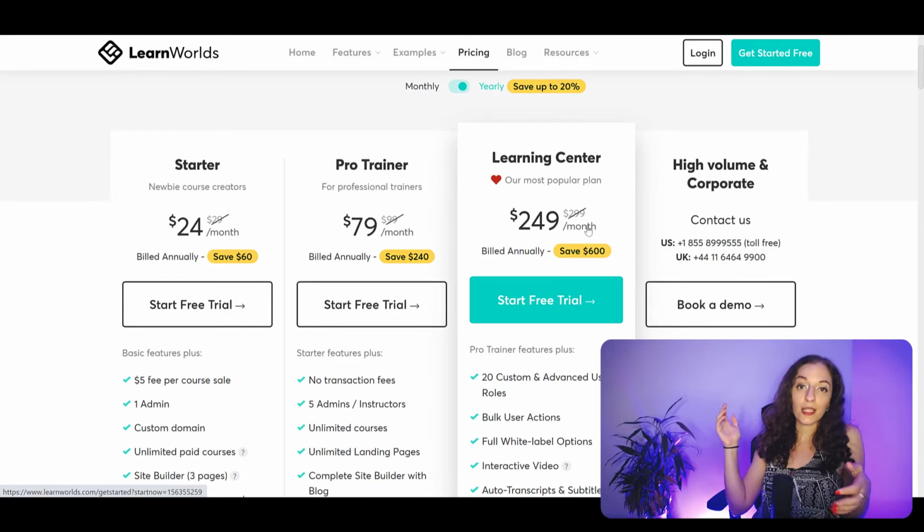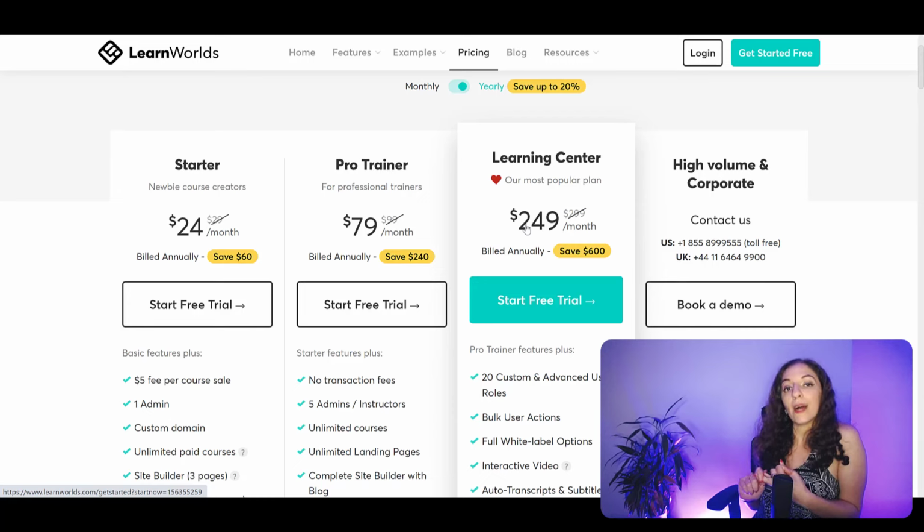If you're comparing this to Kajabi, which is also $200 plus per month, you're getting a lot more within this plan in terms of features that allow you to increase engagement with your courses, in terms of features that allow you to make more money, right? Selling B2B. So there's more return on investment there. And also in terms of integrations. If you are integrating your MailChimp, ConvertKit, or any of those email platforms, you will need the Learning Center plan as well to use that integration, the email marketing tool.